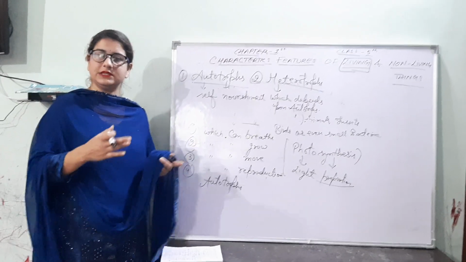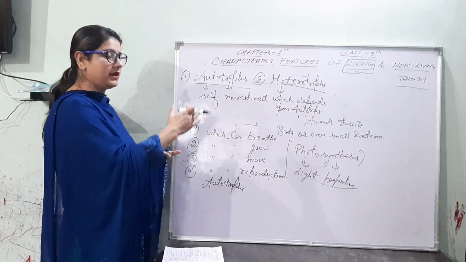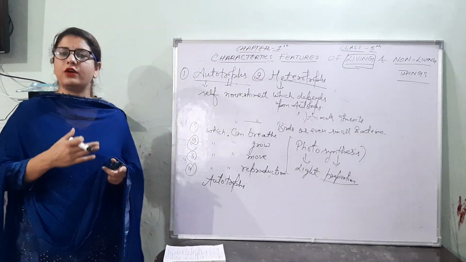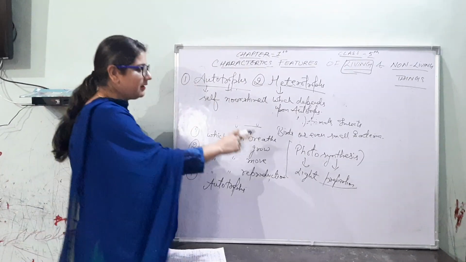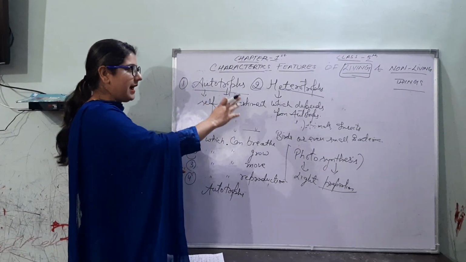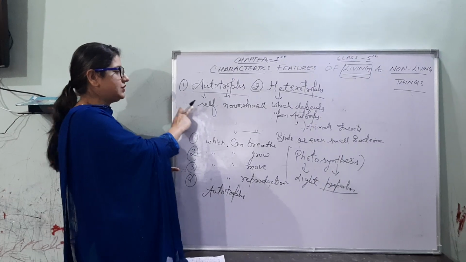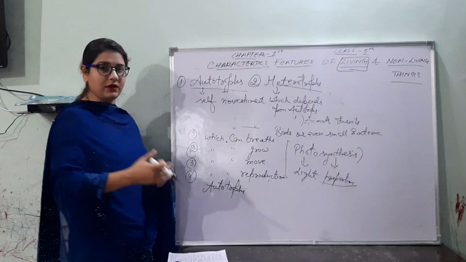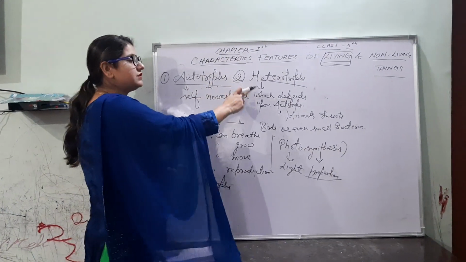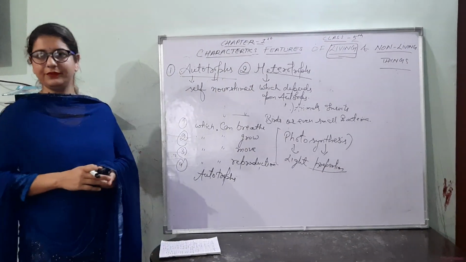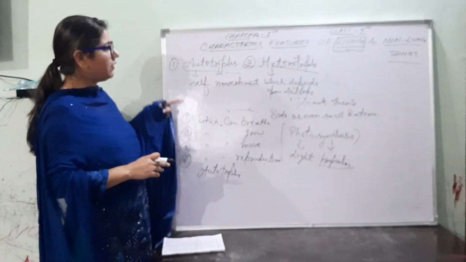Organisms need energy for performing all these functions, so they depend upon plants as the energy source. We discussed autotrophs, which are self-nourishing and prepare their own food, and heterotrophs, which depend upon the autotrophs for their food requirement. So this is all about the